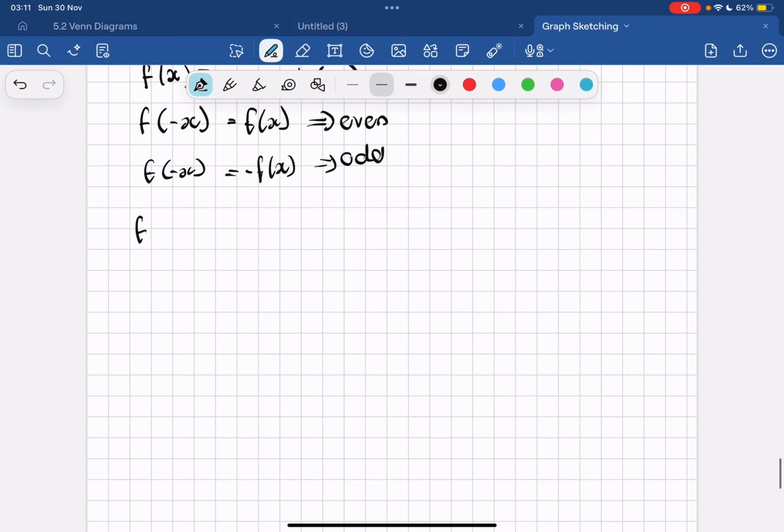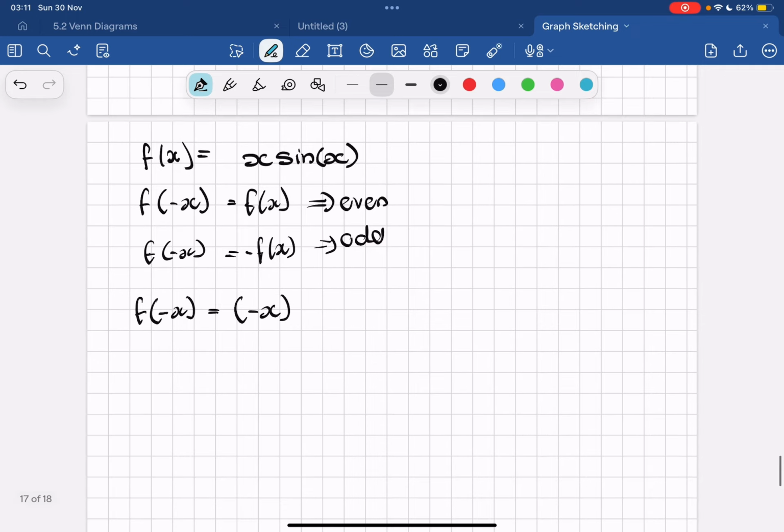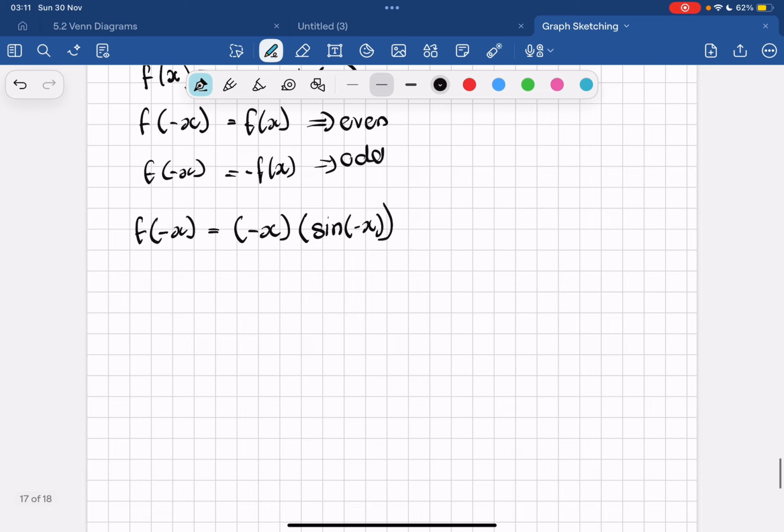So f of minus x equals minus x sine minus x. Well, we know minus x just is minus x, and sine minus x evaluates to minus sine x. The reason being is sine x